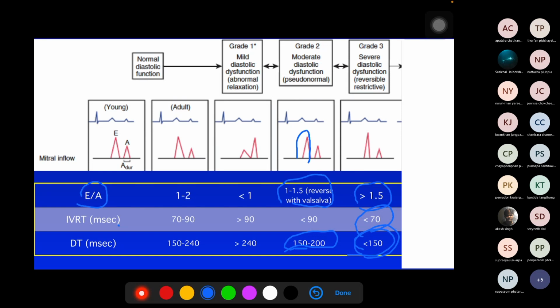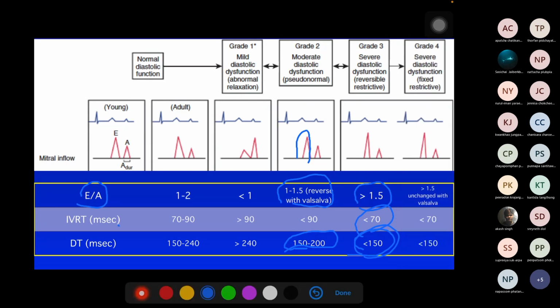พอมันเท่ากัน หมายความว่า E wave timing เนี่ยมันก็จะสั้นลง มันก็เลยทำให้ DT สั้นลงไปด้วย พอเป็นมากเข้าก็จะเป็นเกรด 4 จริงๆ แล้ว